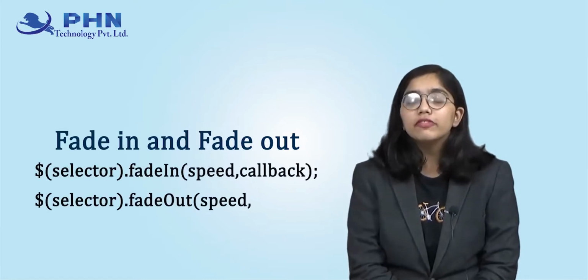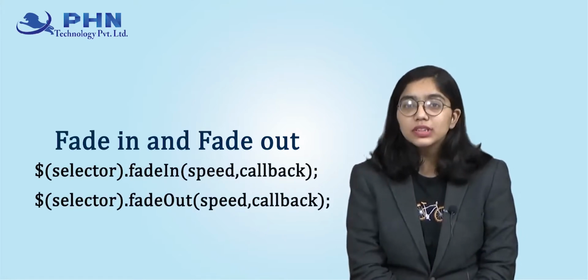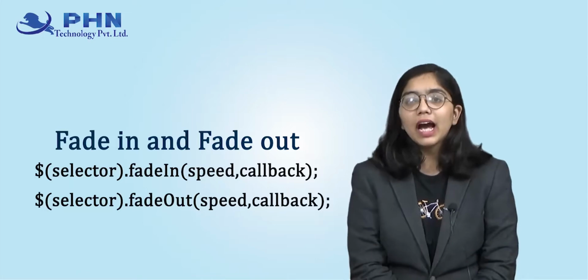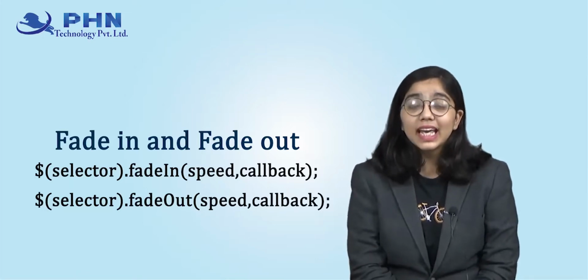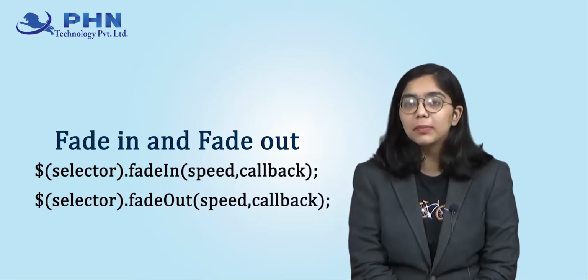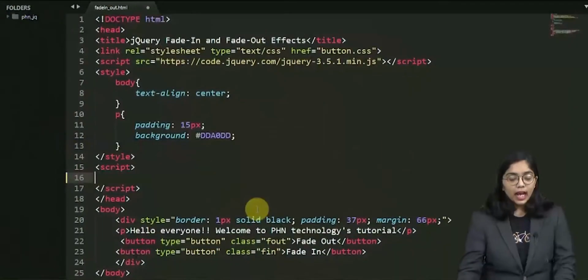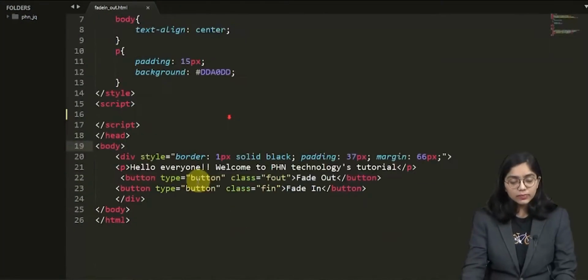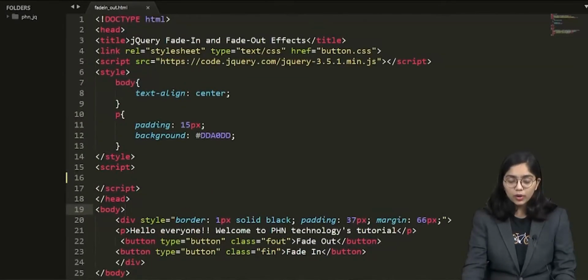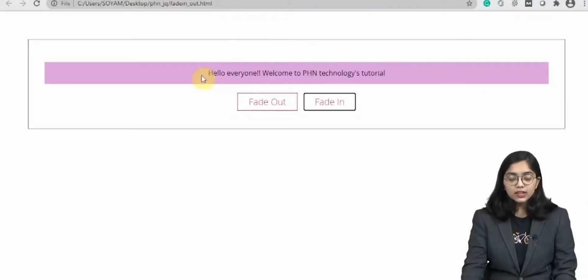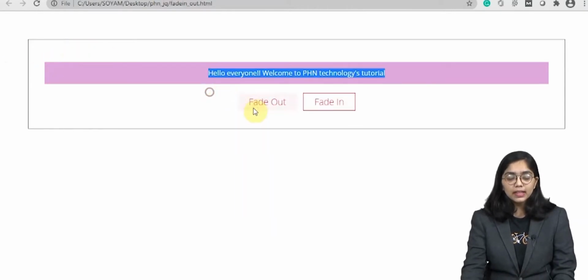Now this particular function is directly used in jQuery. We don't have to do anything, but the declaring and linking of the HTML elements to it is quite important. So let's see how we are going to do it. I have created a basic structure of my document as I want it. You can see on the screen, we have a fade in button and a fade out button, and we are going to implement fade in and fade out on this particular purple box.